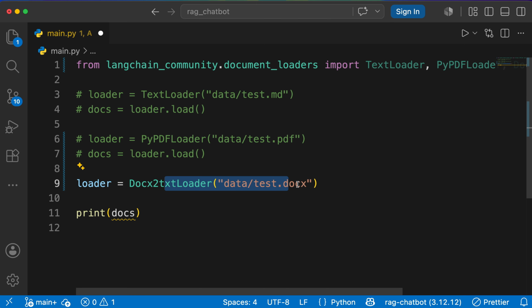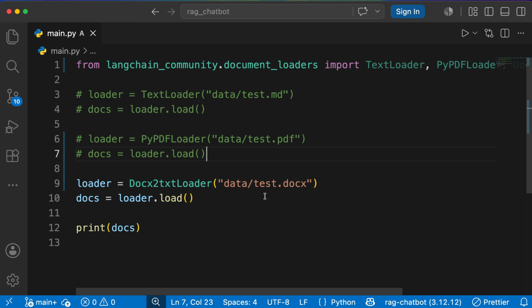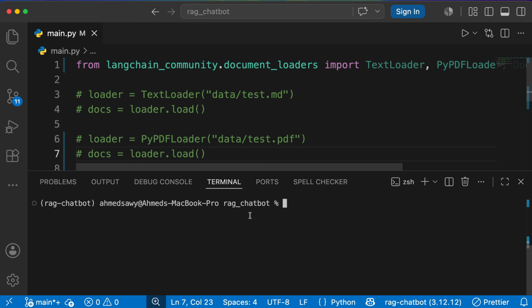And second, we're going to tell LangChain to read it. So docs is going to be loader.load. That means just read it. Okay, now let's press save and try to run this file. So uv run main.py. And look, we got a similar error that we have faced before when we tried to